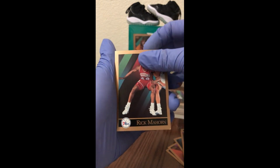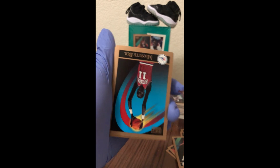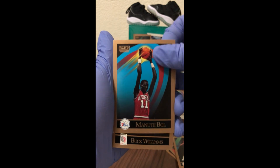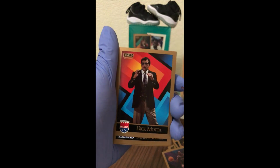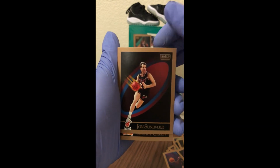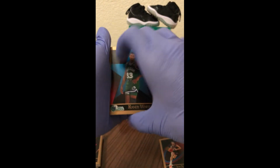Jeez, that corner though. Is this just like all of them? Man. Okay, it was just for like those few. It looks like. It's neat. Got some bowl. And if you guys don't hear that, that is my computer going crazy. Anyways,